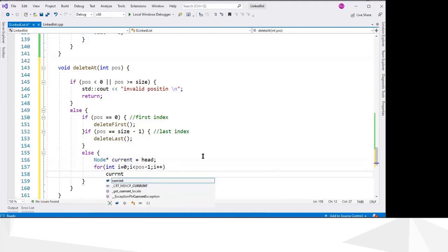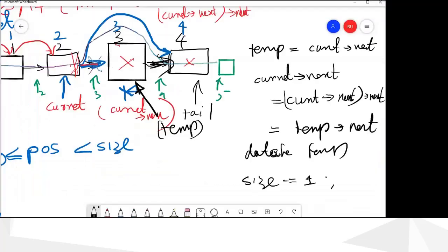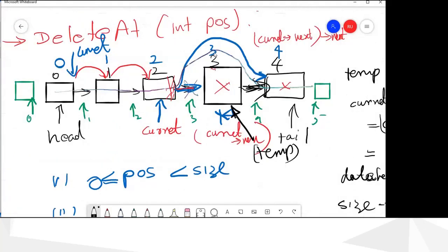Okay, current equals current next, because we have to stop one element before. If you want to delete this one, that means third position, the position is 3, we have to stop at position equals 2. That means we have to move this current pointer 2 times.